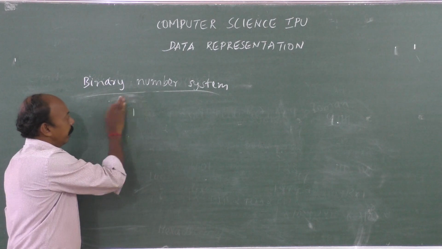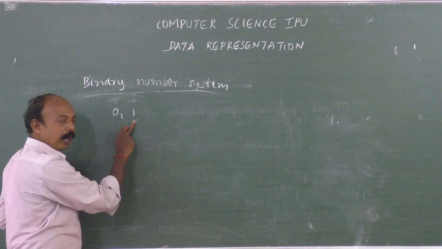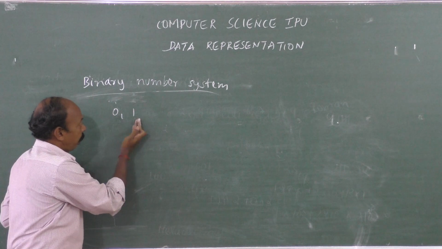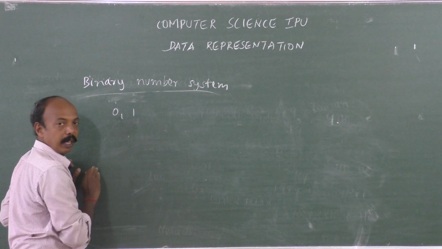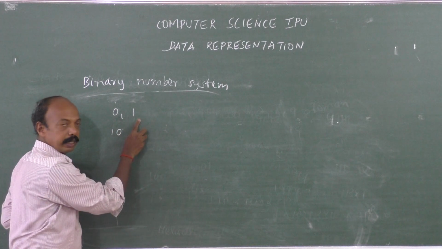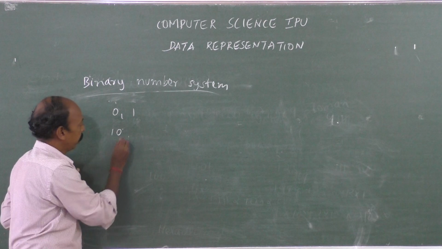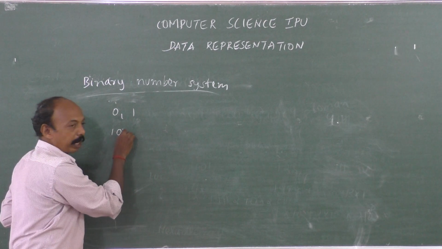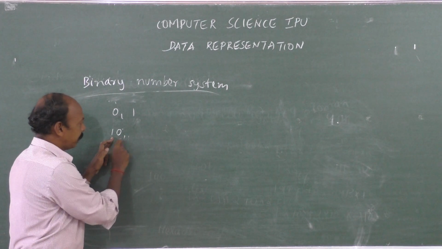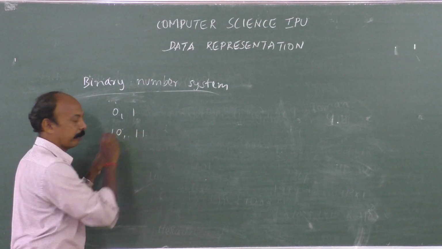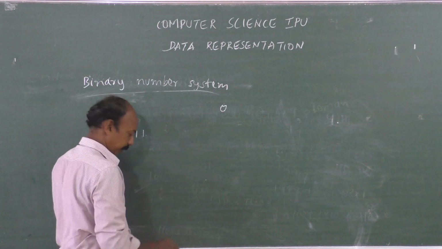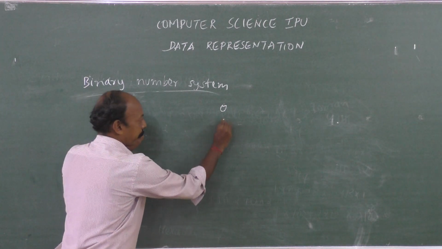Okay, continuing this, we don't have 2, we don't have 3, any other symbols we don't have. So combination of these two only we can have. So the next number will be 1 0, because only two symbols, the combination of this you have to do. What next? The only other combination that we can have is 1 and 1. So we can write it like this, say 0, next number is 1.